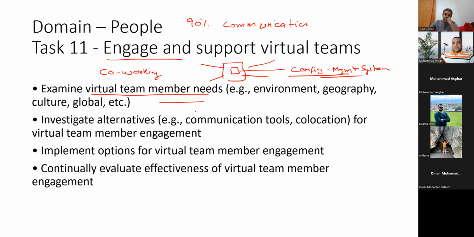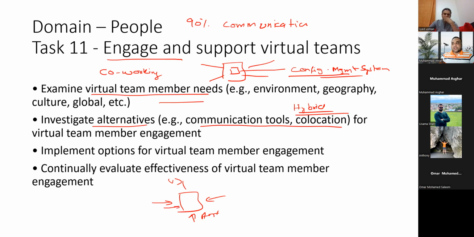When the teams are available, you have to keep checking alternatives, the communication tools. It could be physical co-location, or virtual co-location where the teams can work, or a hybrid environment where some of the team members are physical, some are virtual, but they all have to work together as a single team. So you have to find out, and again, you have to establish the ground rules, and find a suitable time, because if one person is in the USA and one person is in Australia, their time zones are different.